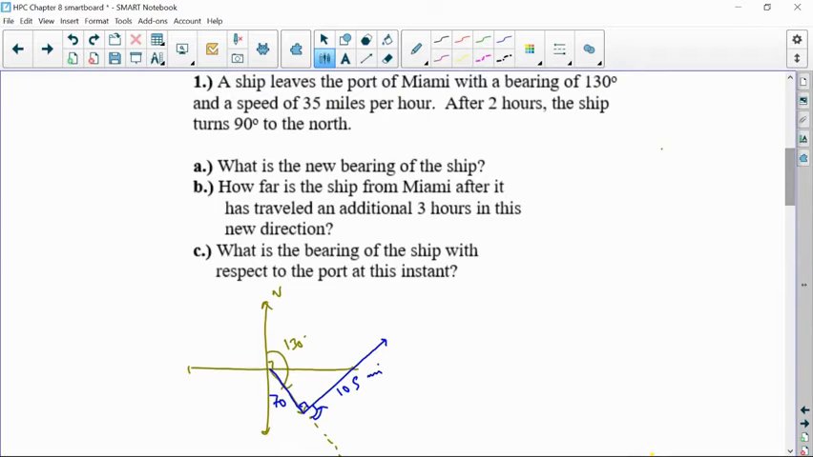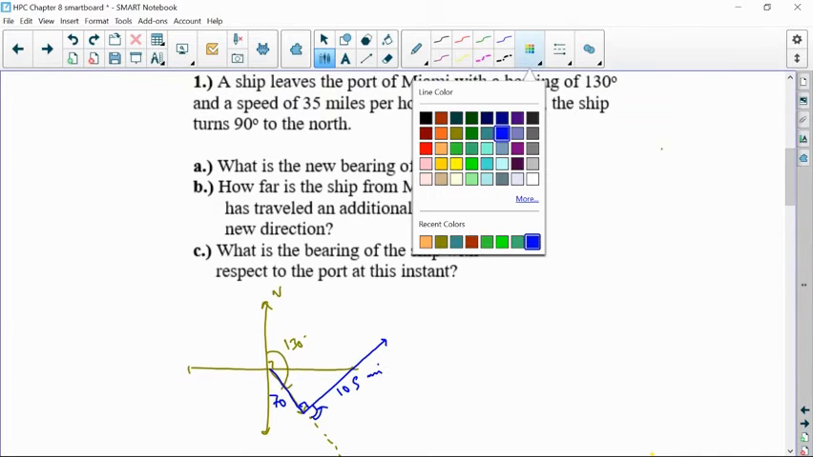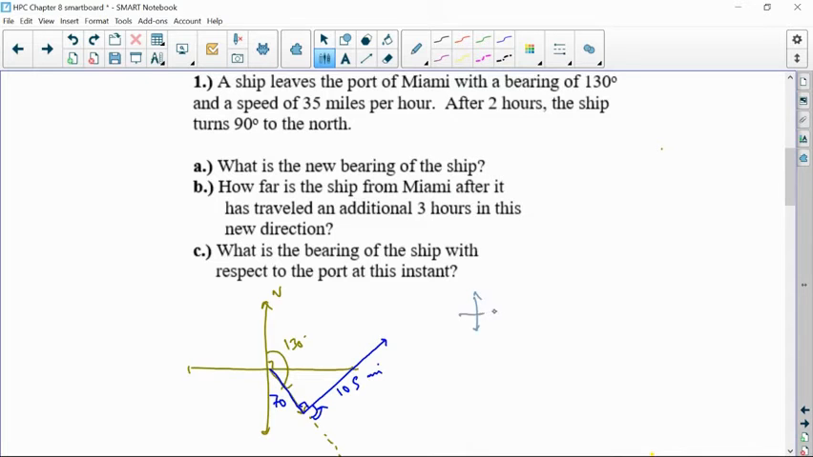And so the bearing of the ship has to be with respect to due north. So if I think about like this north, south, east, west compass, like if I were to measure,